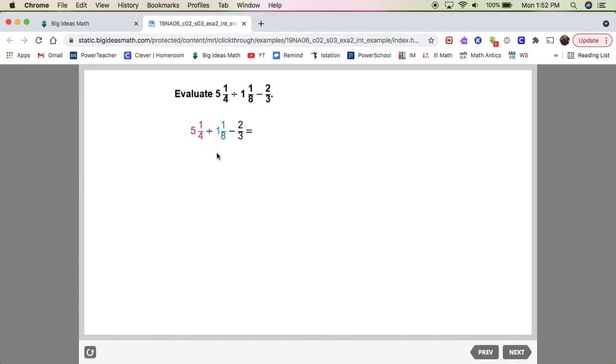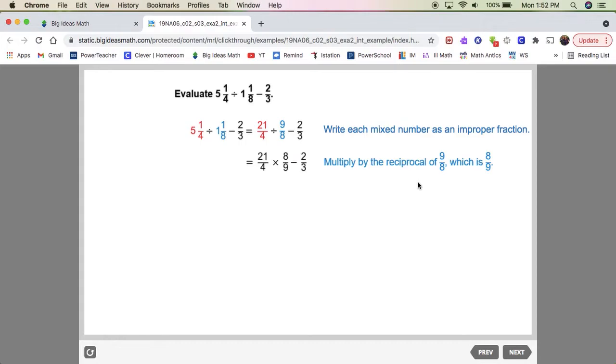So what we need to deal with here first is the division part of the problem. Okay, don't worry about that minus 2/3 yet. Just focus on this part right here, dividing this mixed number by this mixed number. First, you're going to have to change them both to improper fractions. Just focusing here still. Don't worry about this yet. Multiply by the reciprocal. Again, we're just doing this right here. If you want to say keep it, change it, flip it, that's what we just did. We're still working on that part. We multiply and we get